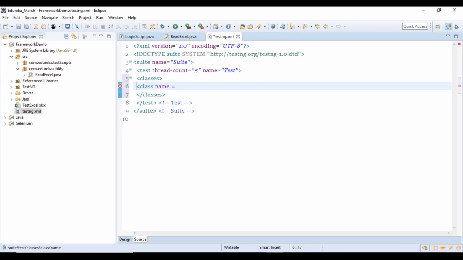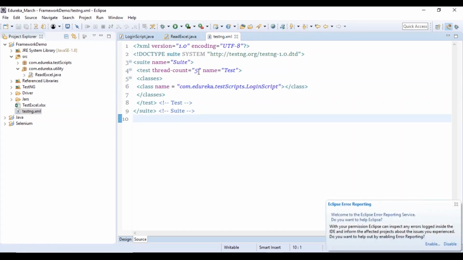My class name is test scripts. Let me give the full path, com.edureka.testscripts dot, what is the name? Login script is the class that I'll have to run. So this is what I'm going to provide. Let me give this within single quotes. Alright, I am going to use the thread count.